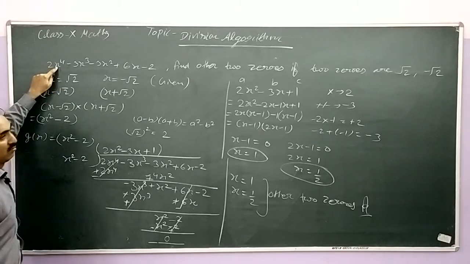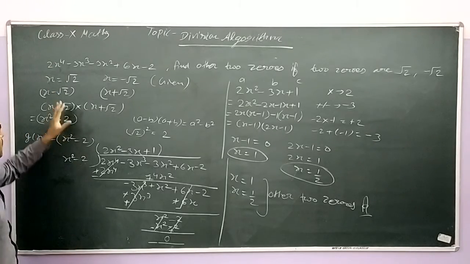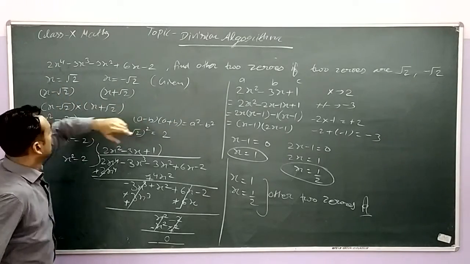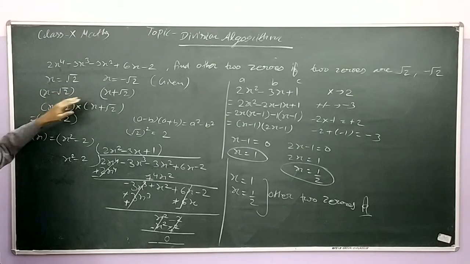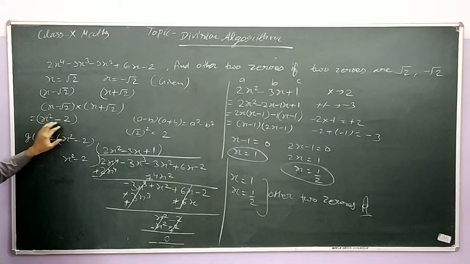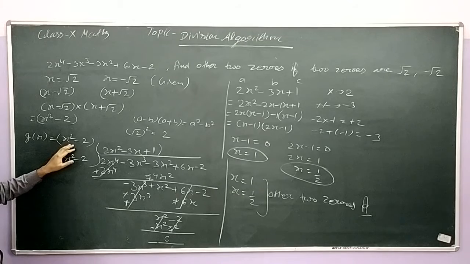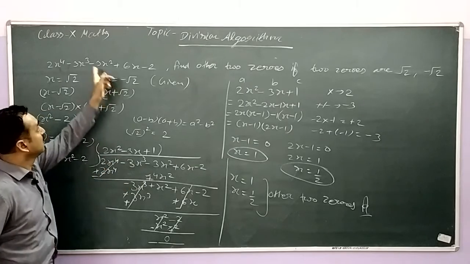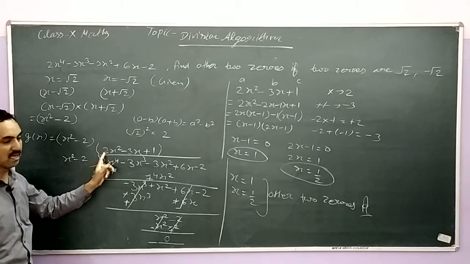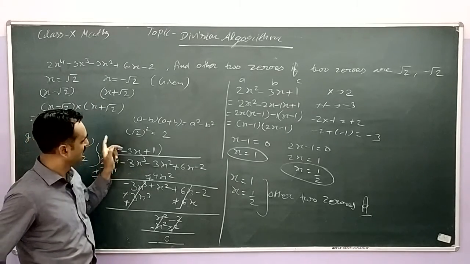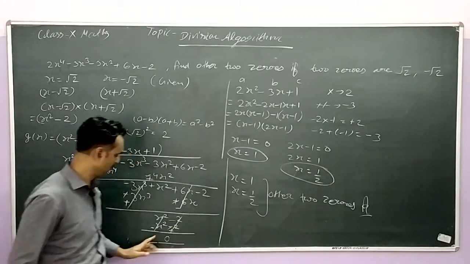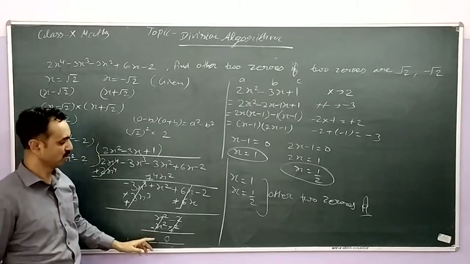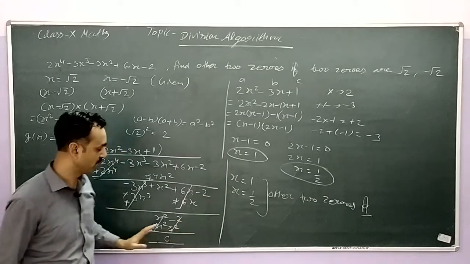So in this question we have to find the other two zeros, because two zeros are given and this is a degree 4 polynomial. So first we use root 2 and minus root 2, and we make the factors and then we multiply the factors, and then we got the polynomial x square minus 2. By using this polynomial as gx we divide the given polynomial by gx and we got another polynomial as qx. And keep in mind the remainder should be 0, then our answer will be correct.